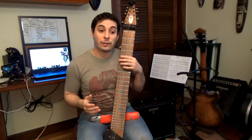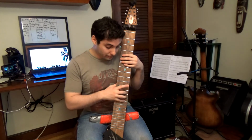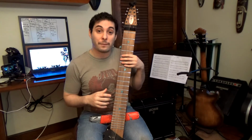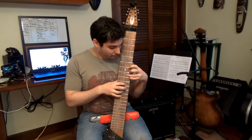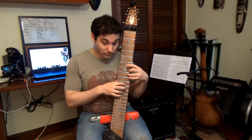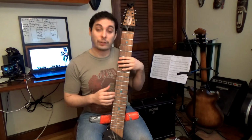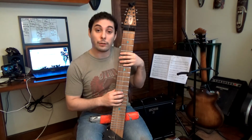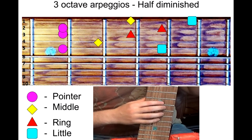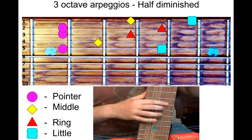Moving on to the half diminished. The half diminished chord is a diminished triad with a minor 7 on top. So it's going to start out pretty similar to the diminished triad. We're going to use our pointer finger, then our little finger, then our middle finger. Now here's where it gets a little bit different. Pointer finger again for the flat 7,